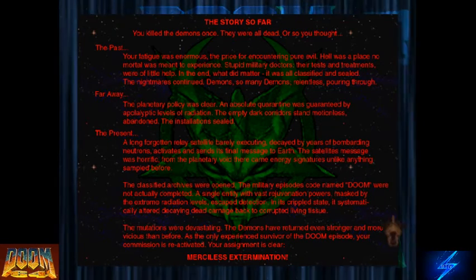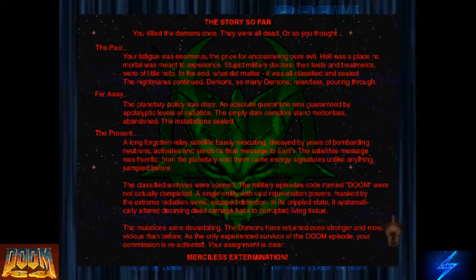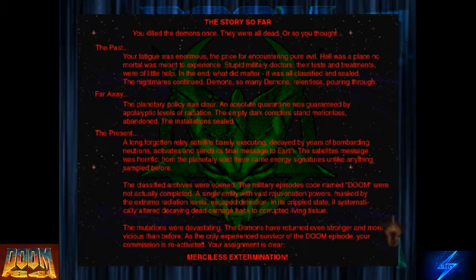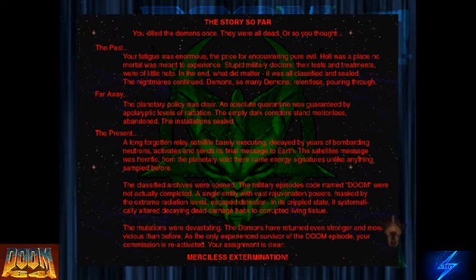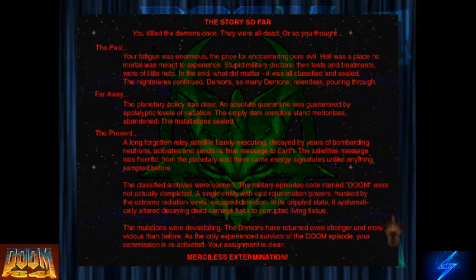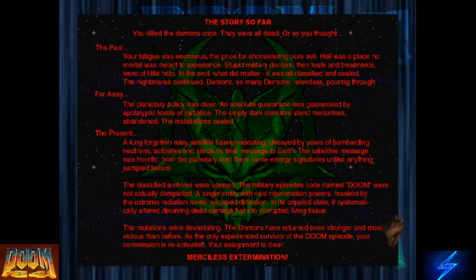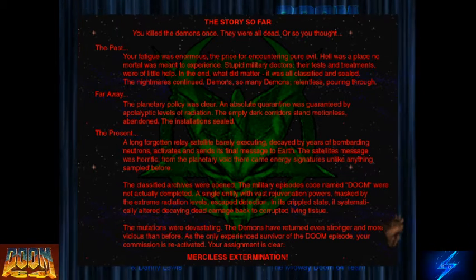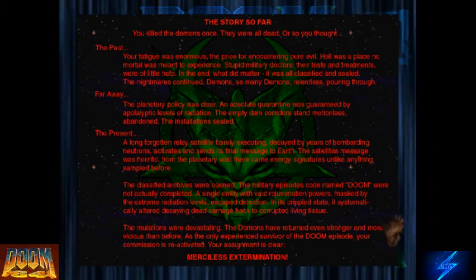The story so far. You killed the demons once, they were all dead, or so you thought. The past. Your fatigue was enormous, the price for encountering pure evil. Hell was a place no mortal was meant to experience. Stupid military doctors, their tests and treatments were of little help. In the end, what did matter? It was all classified and sealed. The nightmares continued, so many demons, relentlessly pouring through. Far away, the planetary policy was clear. An absolute quarantine was guaranteed by the apocalyptic levels of radiation. The empty dark corridors stand motionless, abandoned, the installations sealed. The present. A long-forgotten relay satellite, barely operating, decayed by years of bombarding neutrons, activates and sends its final message